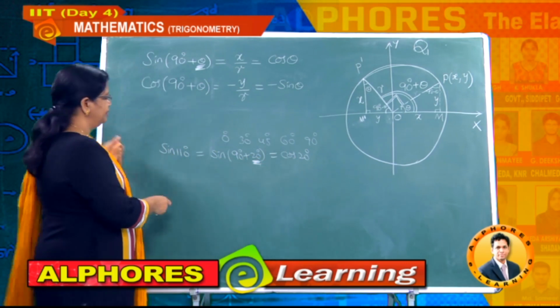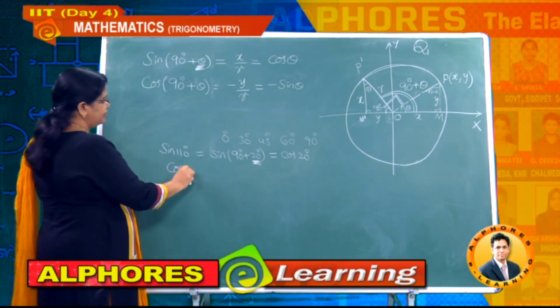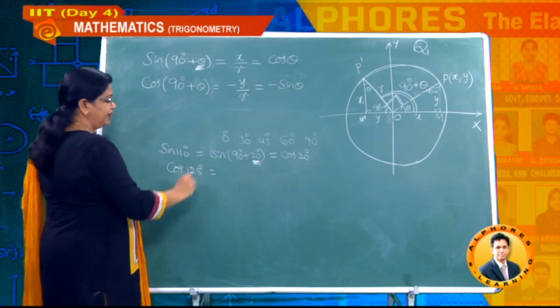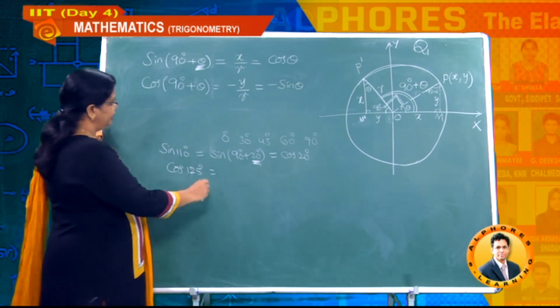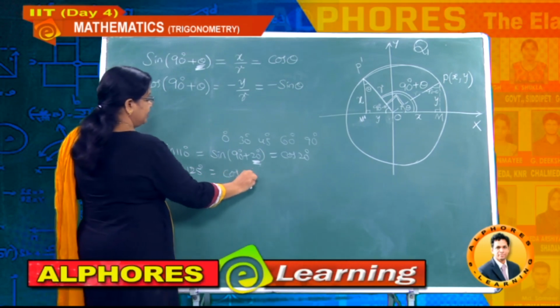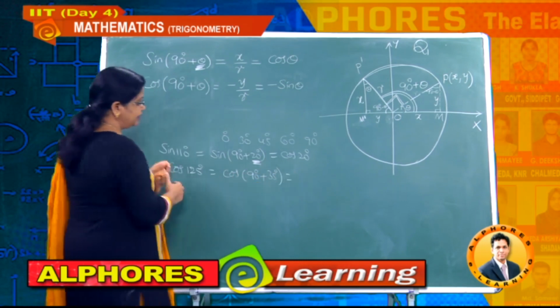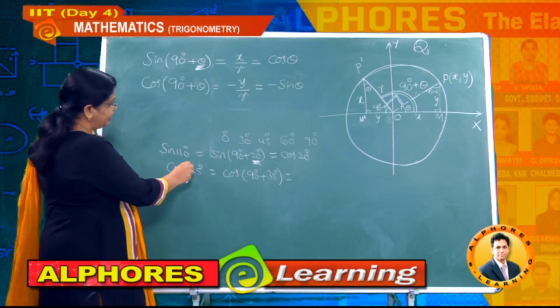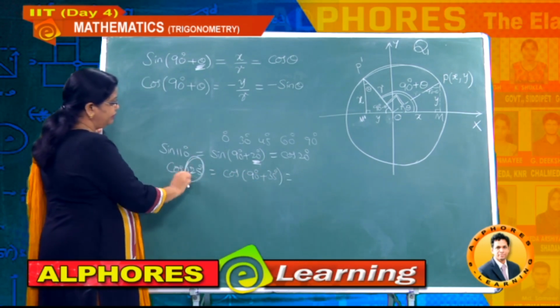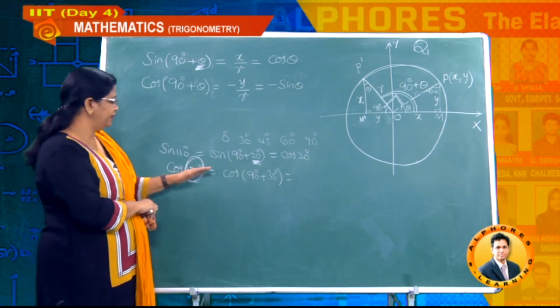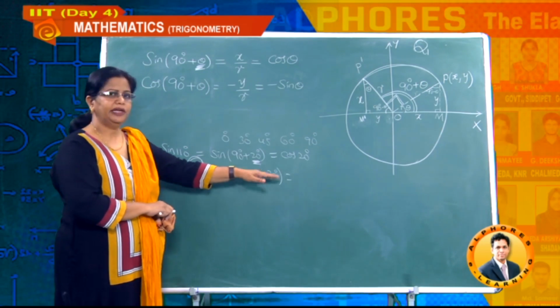So you got here from the obtuse angle, the value reduced to what here? Acute angle. Similarly, suppose I want cos 125 degrees, okay, 125 degrees. Then what is this value here? Cos of 90 plus how much is it? 35 degrees. And cos 90 plus theta, that means what I wrote here, only 125 I wrote as 90 plus 35.